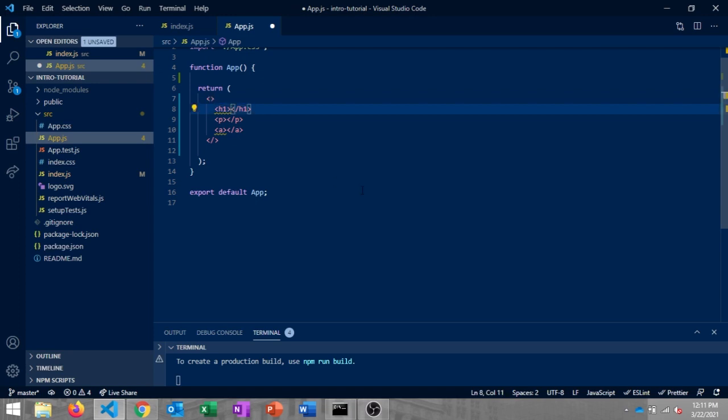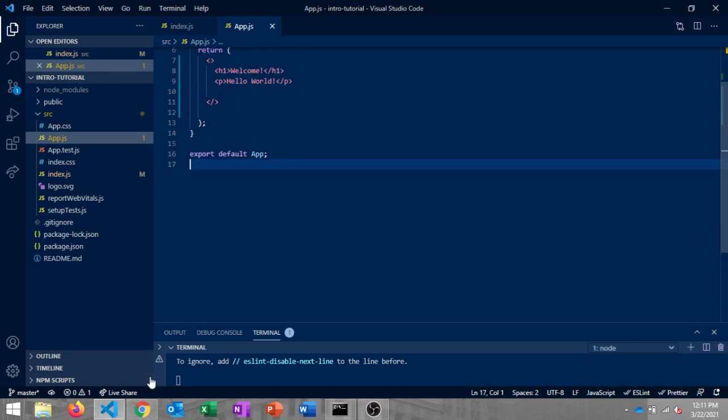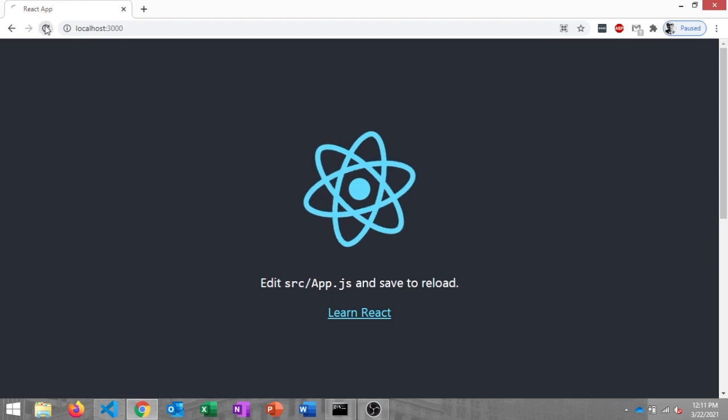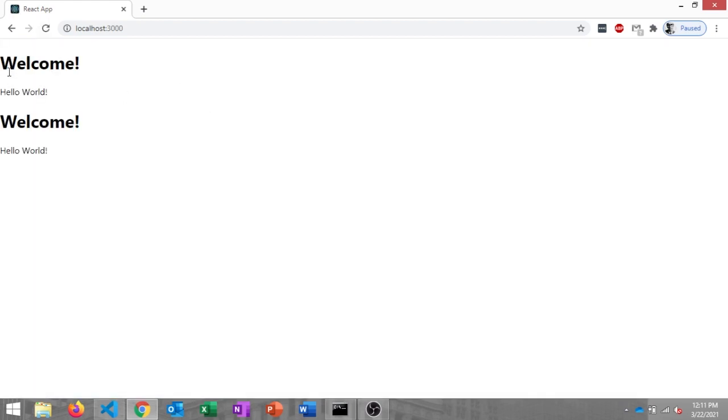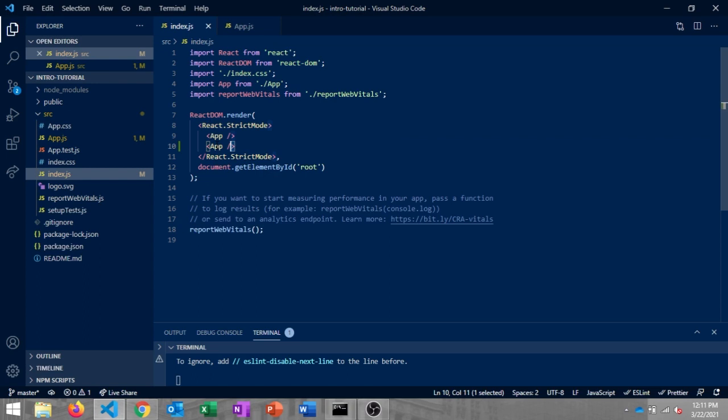So in this header tag, we say welcome. And then in our p tag, we'll say hello world. And let's not worry about a link tag for right now. So we'll get rid of that. We'll save. It's going to recompile. And once that is all set, we should be able to open up our app again. And there we have it. Welcome hello world, welcome hello world. That's because we're still rendering out two app components here. So we'll get rid of our second app component